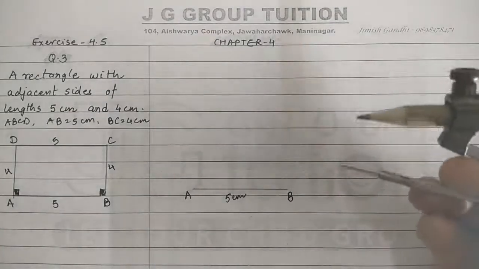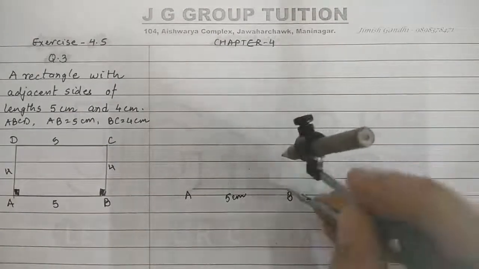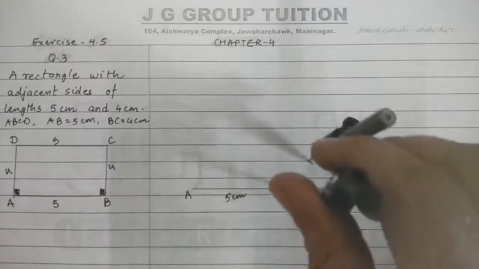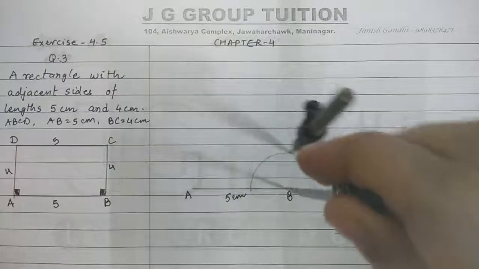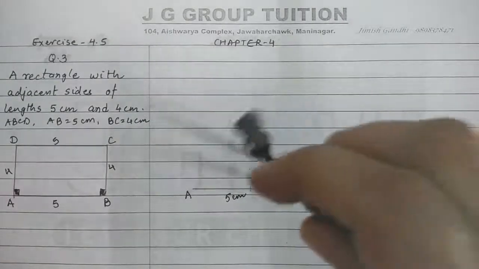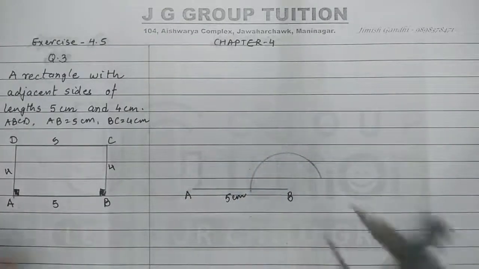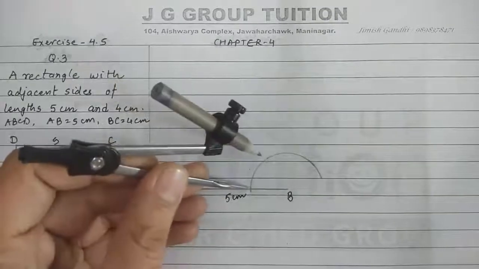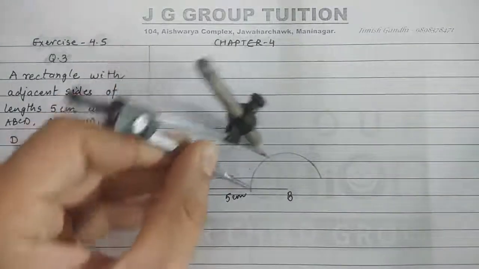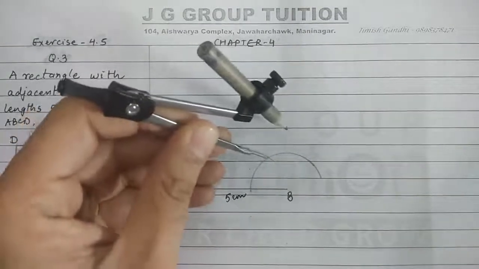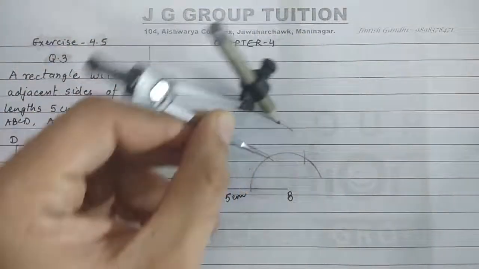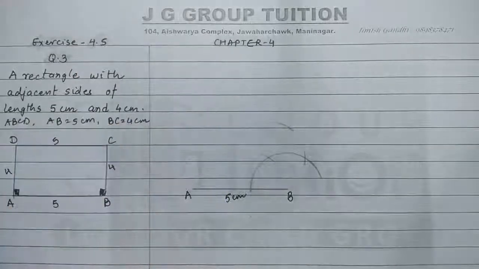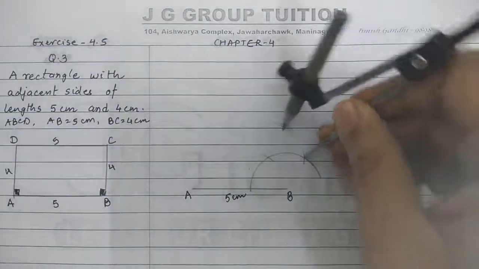So let's take any arbitrary radius from point B. We should draw an arc. At B we are constructing the right angle. So this is the arc. Keep the same radius. From this point it is 0 degree. This arc which is 60 degree, from 60 one more arc, that is 120. From 60 one arc on the above side, and from 120.